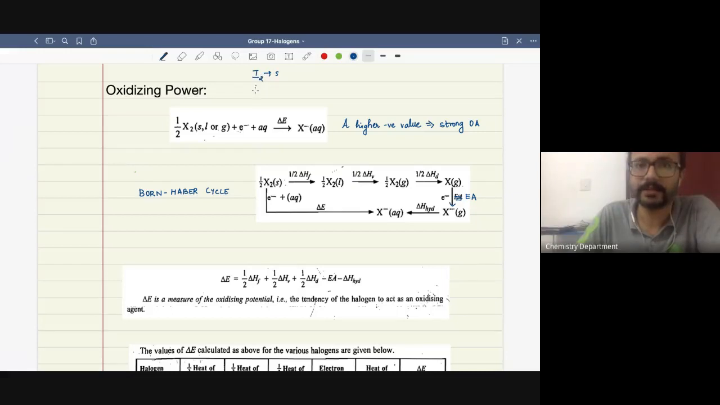Okay, and bromine is the liquid form only. Okay, and chlorine and the fluorine, they are basically the gases. Okay, so